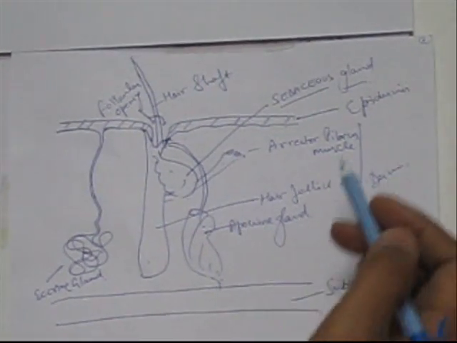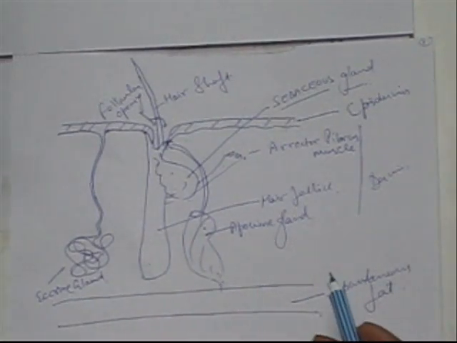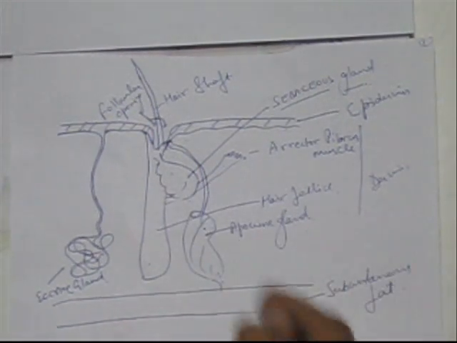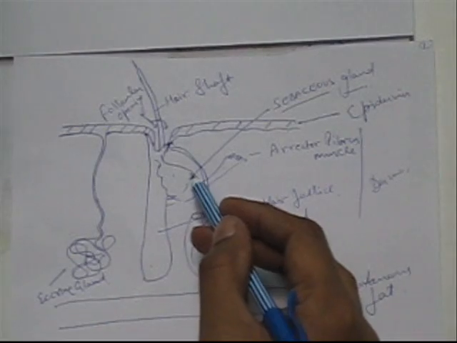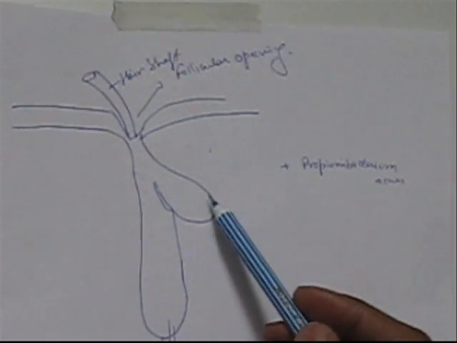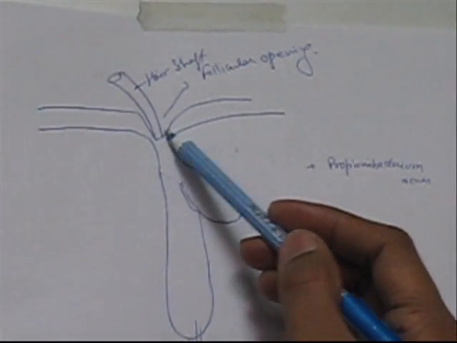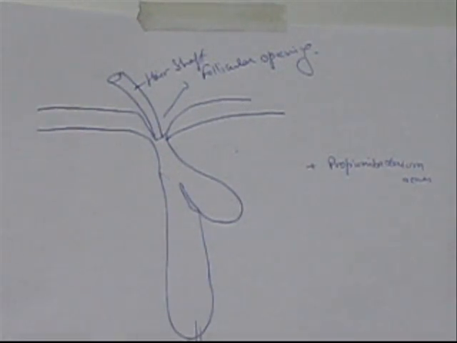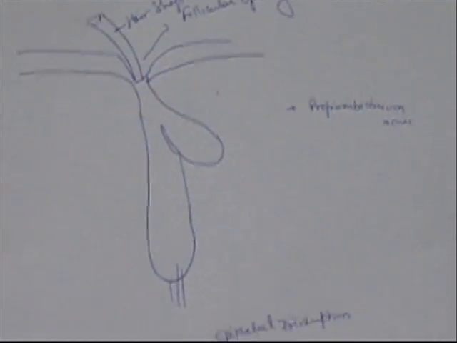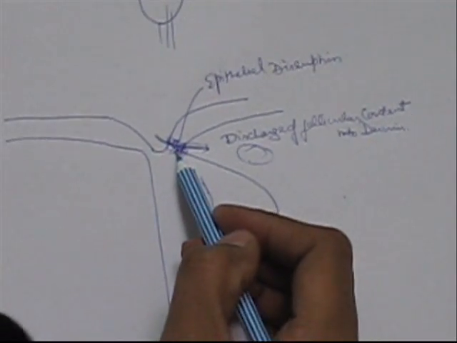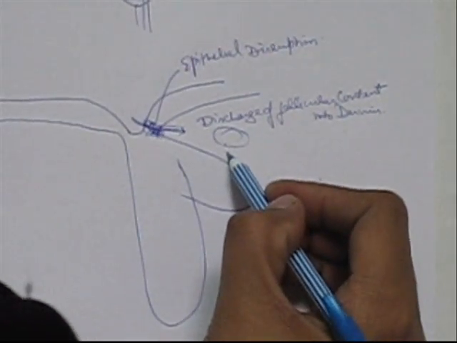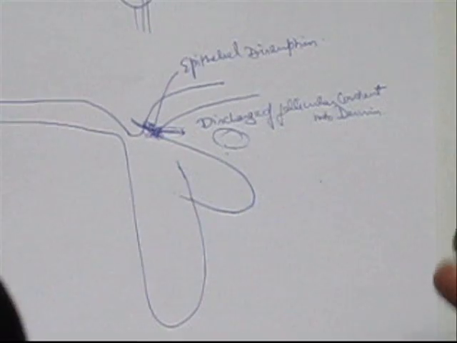So what happens is, due to the high activity of the sebaceous gland, the sebaceous material comes out and starts accumulating in the follicular opening, which is accompanied by Propionibacterium acnes. This causes the infection. Due to the high activity of the sebaceous gland, the sebum accumulates in the follicular opening, accompanied by Propionibacterium acnes, leading to hypercornification of the follicular opening, which further causes epithelial disruption. After the epithelial disruption, the follicular content or discharge comes out into the dermis, causing the pustule, papules or